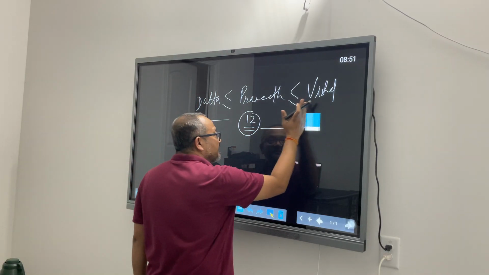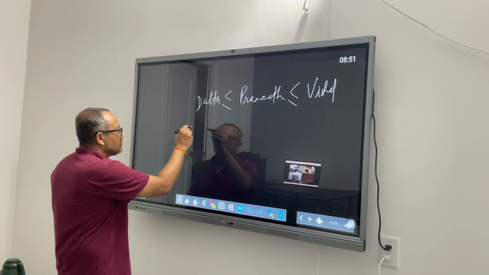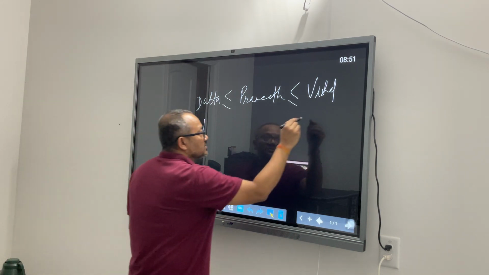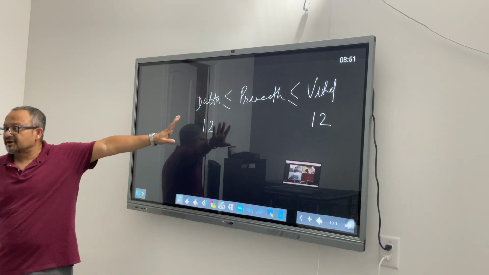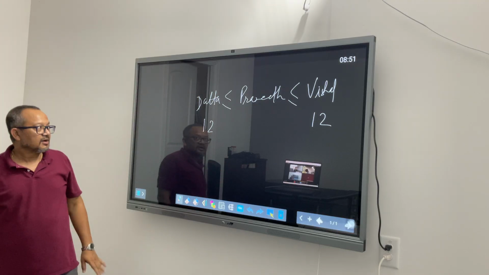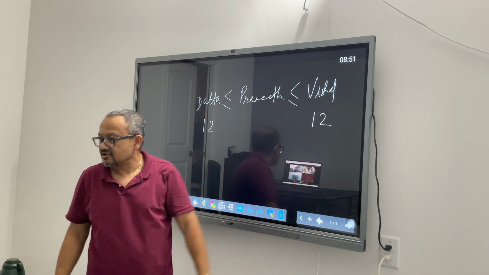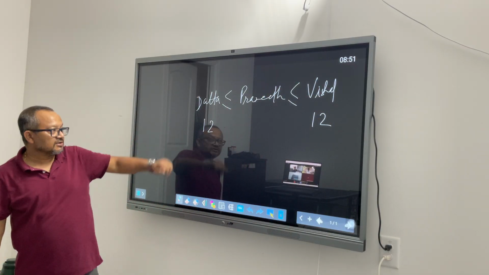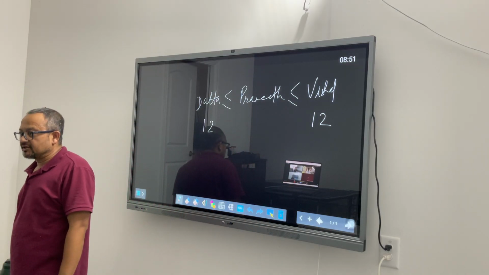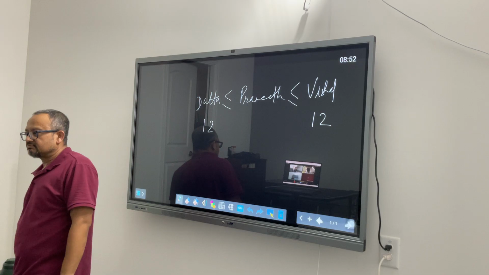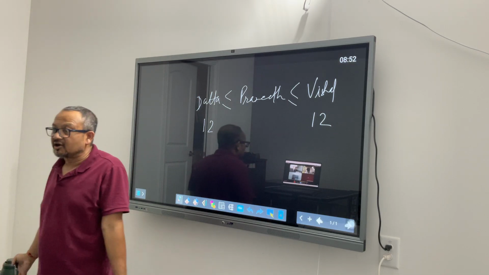Let me put it a little differently. Let me change my story a little bit. So the puzzle I gave initially was this. This is a relationship between Praneeth, Datta and Vishal's age. That Datta's age is less than or equal to Praneeth's age and Praneeth's age is less than or equal to Vishal's age. Datta is 12 years old. Vishal is also 12 years old. How old is Praneeth now? 12. And Praneeth doesn't have a choice actually.